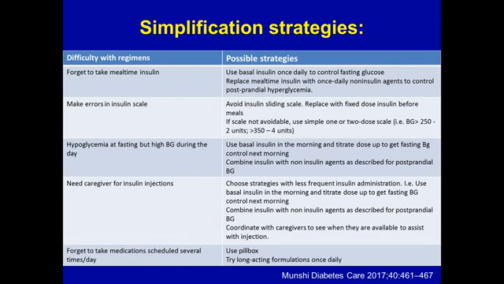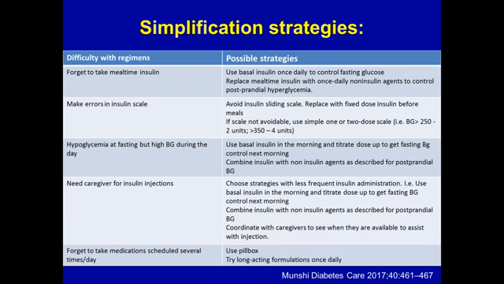We should always review with the subject in front of us and possibly with the caregiver, and if there is a family member, how subjects are doing. Are they forgetting their mealtime insulin? In this case, can we reduce the mealtime insulin? Can we avoid it and just use a long-acting oral medication? If they're making errors on the insulin scale, can we avoid the insulin scale? If it's not really avoidable, maybe we want to build just a very simple sliding scale, like a 2-dose scale, so there is not much to remember for the subject.